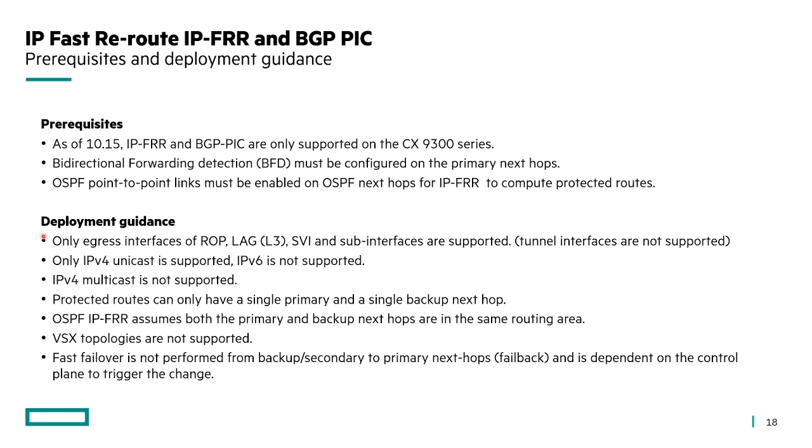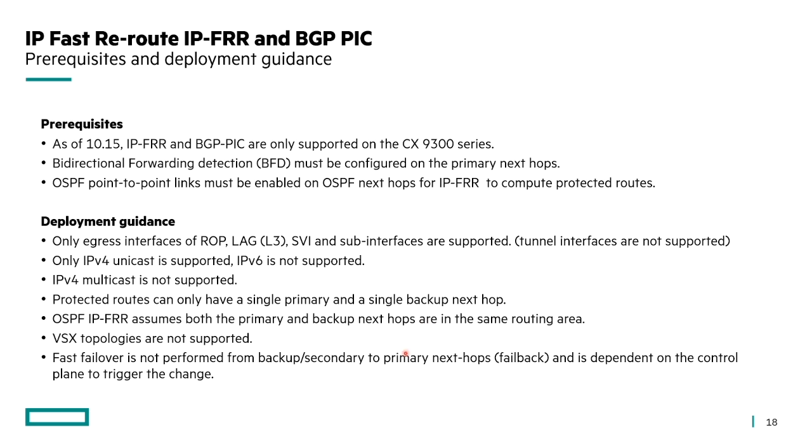So onto deployment guidance. Only egress interfaces of these types are supported: ROP, LAG, which is layer 3, SVI, and sub interfaces. Tunnel interfaces are not supported. Today we've only got support for IPv4 unicast. IPv6 is not supported. IPv4 multicast is not supported either. Protected routes can only have a single primary and a single backup next hop. So with OSPF IP FRR, it assumes both the primary and backup next hops are in the same routing area. This is a prerequisite for that. VSX topologies are not supported,